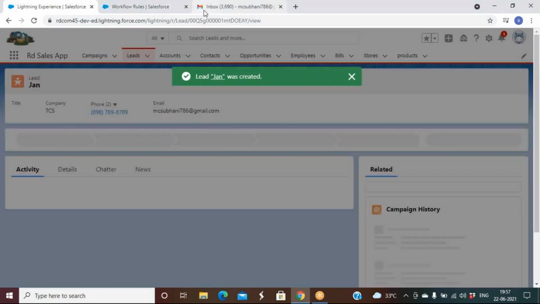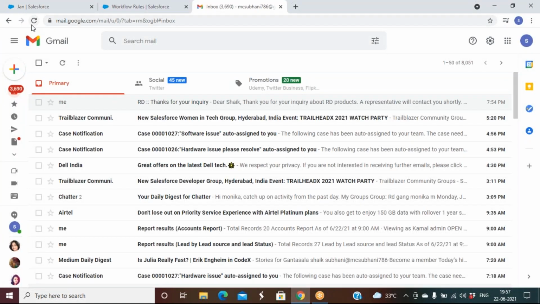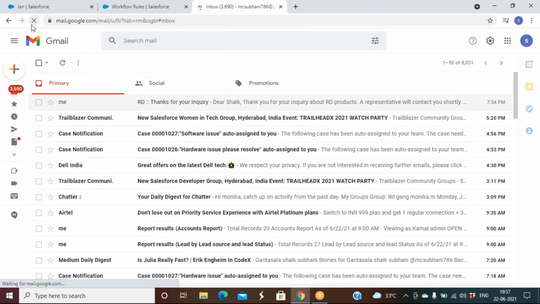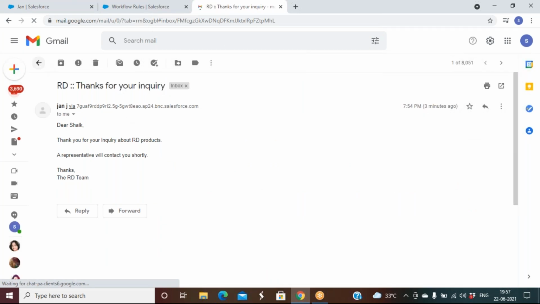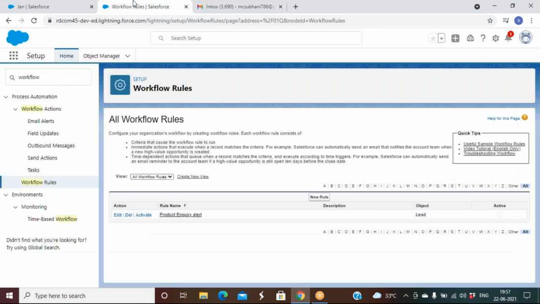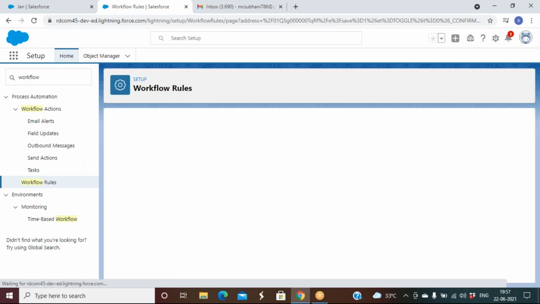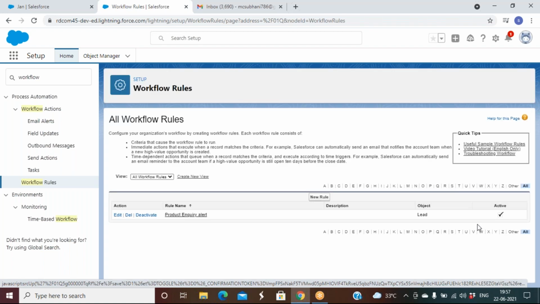Now go and check my email. No, right? Why? Because the workflow is inactive. Active means it should be checked. See, deactivate. It should be checked.